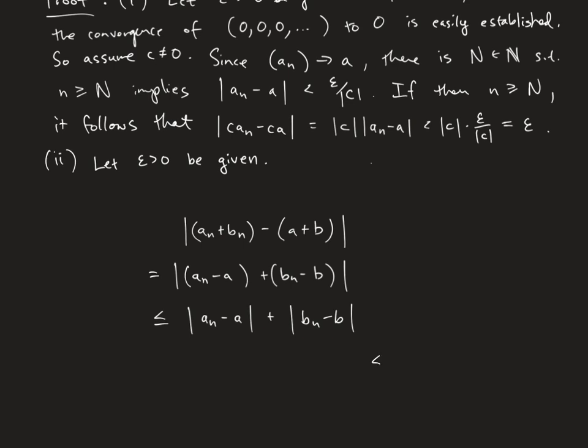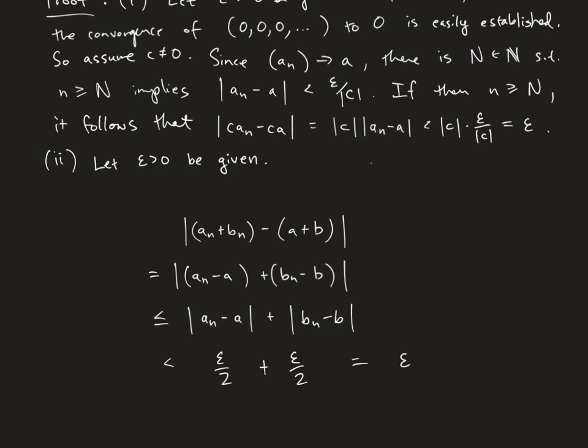And we want to make this less than the given epsilon ultimately. And as I said before in a previous proof, we have two parts here. We want this ultimately to be less than this epsilon, but we can make each of these arbitrarily small. They can split the burden of the epsilon between them. So we can take n large enough that this is less than epsilon over 2. We can take n large enough that this is less than epsilon over 2. And then their sum will be equal to epsilon, right? So if we put our less than there, then we'll have that the sum of these two is equal to epsilon. Okay, so that's the basic idea here.